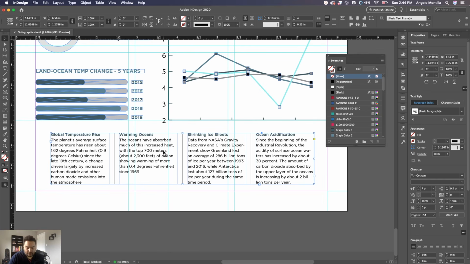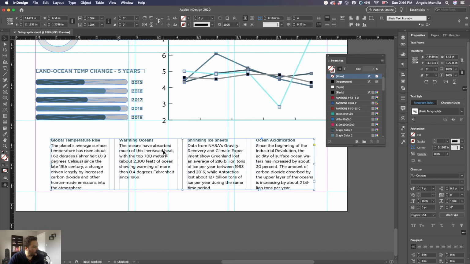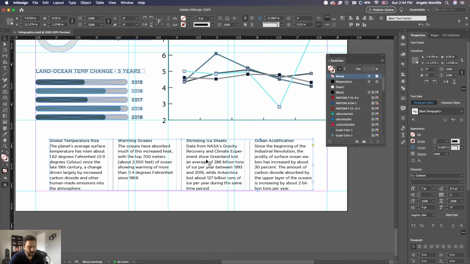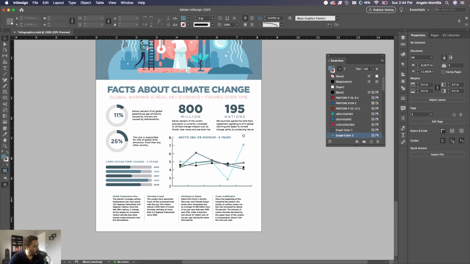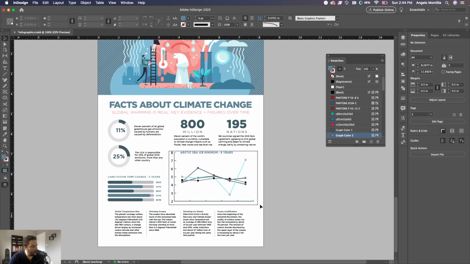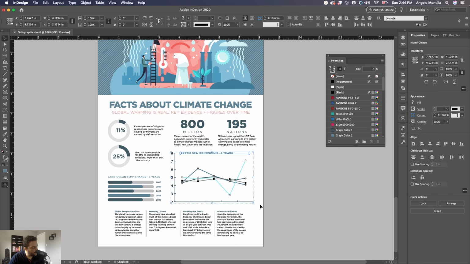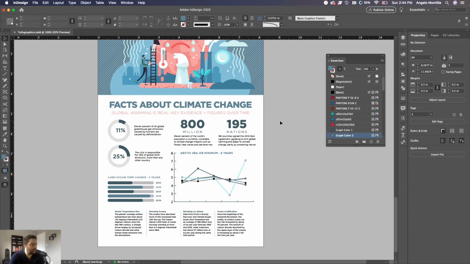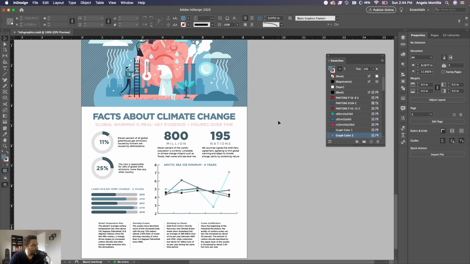Just going to put my guides back on and then just nudge it down. I do want it centered to the page, so I'm just going to go up here and align it to the page. Your alignment tools, click that, align to page, and I want to make sure that it's centered. There we go. Click that, move it down a bit. And then you're going to eyeball everything a little bit. I'm going to move that down twice, maybe. This move down twice, just so it's aligned at the bottom. This is where you start maneuvering things as final touches,